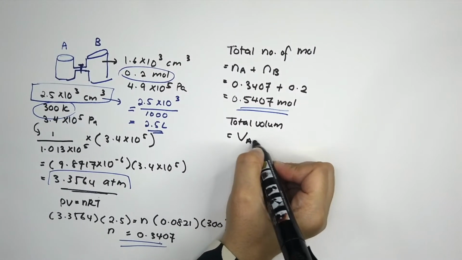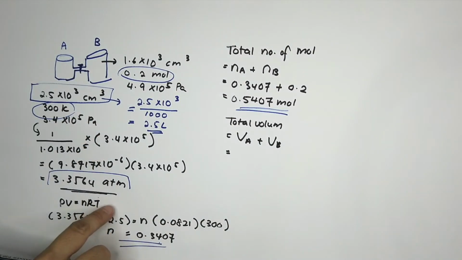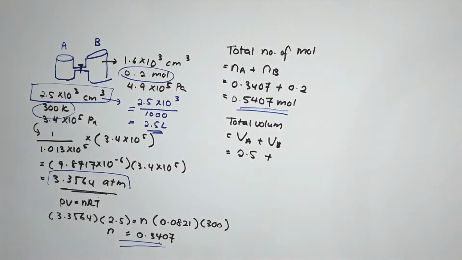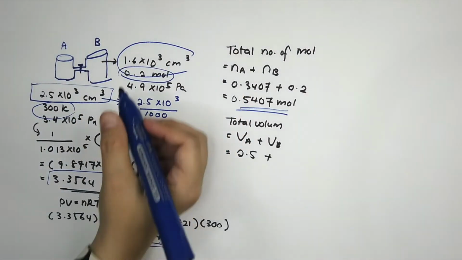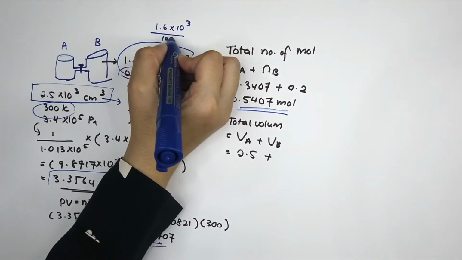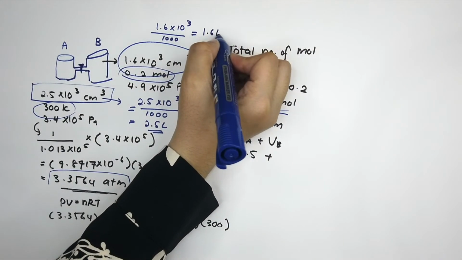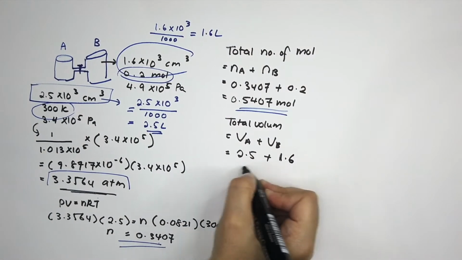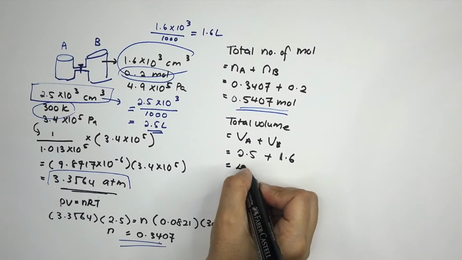So volume of A plus volume of B. Volume of A we already calculated is 2.5, plus volume of B. This one we need to convert to liter. So 1.6 times 10 to the power of 3 divided by 1000, you shall get 1.6 liter. So plus 1.6, the total volume shall be 4.1